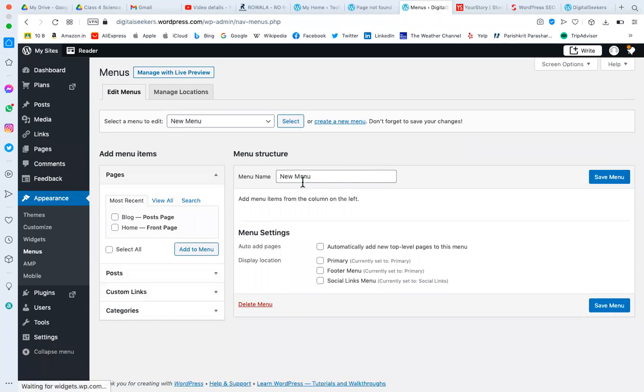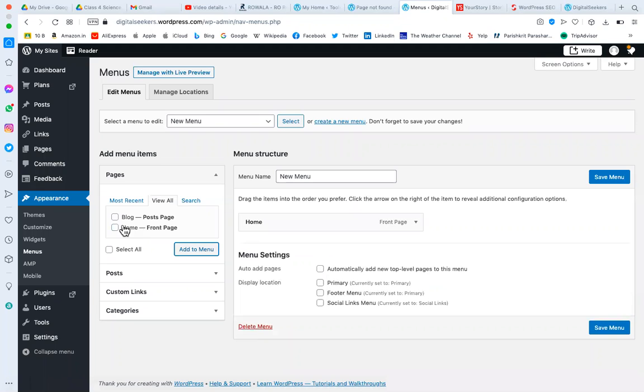Creating is one part. Now I have to add the elements to that menu. Right now there is no menu item, so I will add menu items. I'm adding home, add to the menu. We can add blog, add to the menu.